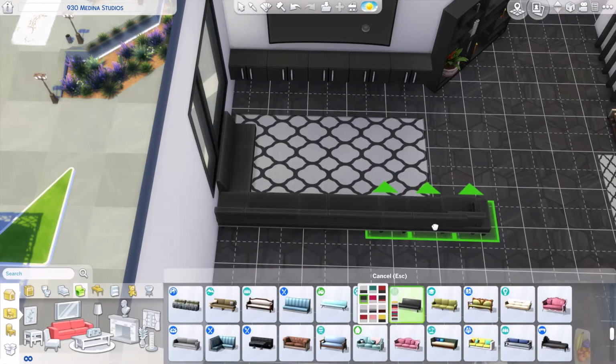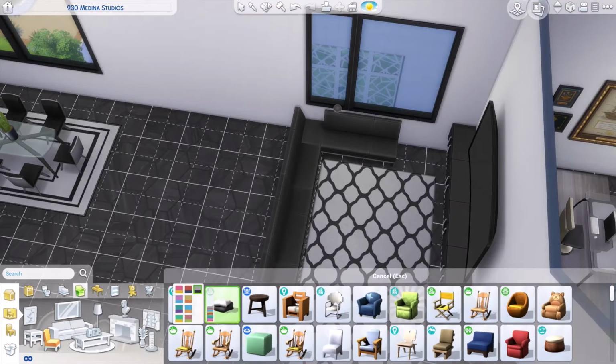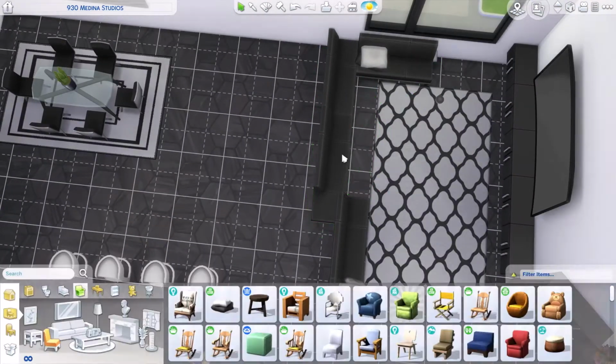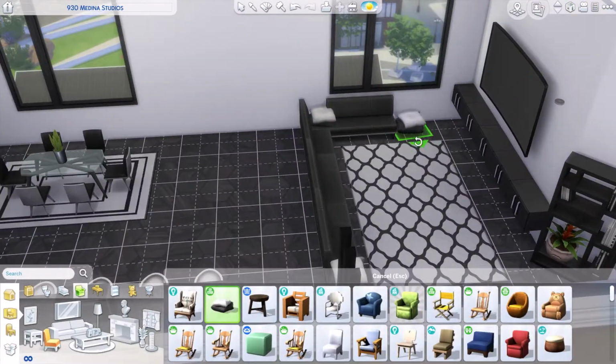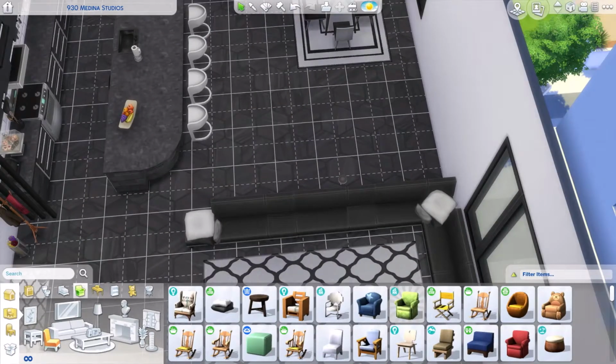I ended up using, I think they're also from the Moschino pack, the couches that have an open end and kind of piecing them together that way. And yes, they do clip a little, but in the end, I think it turned out okay. I don't know how much of the couch is functional to sit on, since I did also raise up those pillows,